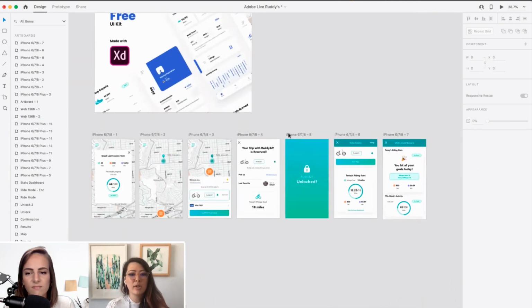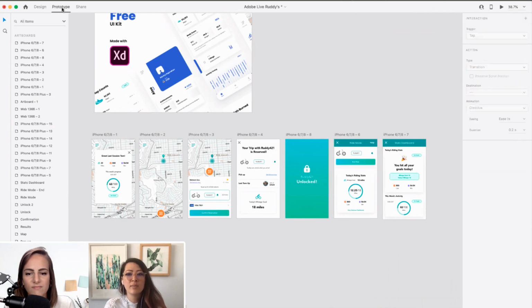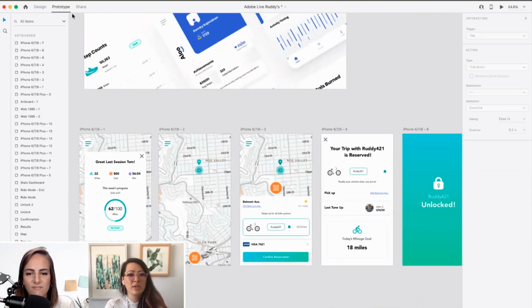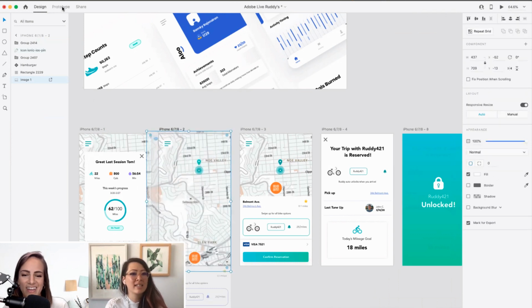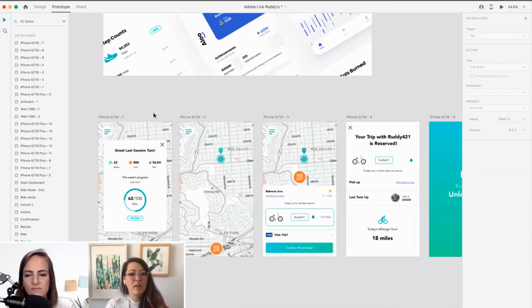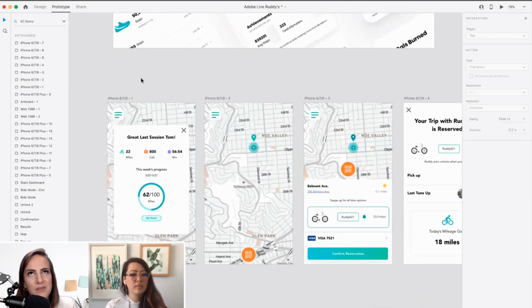And so now what we would want to do is start to do the prototype. Up here in the upper left-hand corner, if you guys have never played with this yet, you'll go into prototype mode to start prototyping. It's just that easy to go from design to prototype. You want to make sure you're in the right place, because oftentimes I'll be in prototype mode and forget and start designing, and then I have to go back into design because the interface is so similar. You can design in prototype, but you don't have all the features. It's not the best experience.